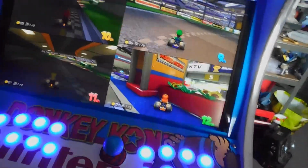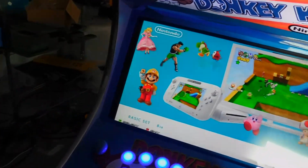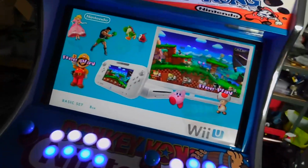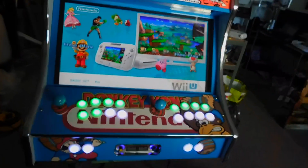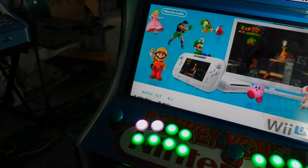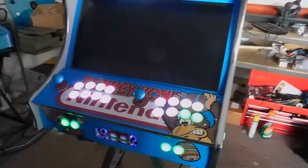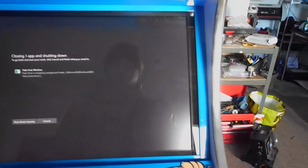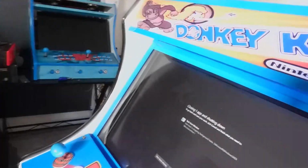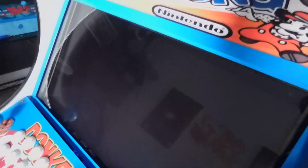This is fully shelled to Windows, which I had issues with. I've done another video on a rough idea how to get Windows shelled by following someone else's tutorial, then using my .bat file technique. Basically, if I exit out, the system will shut down. Because I've been configuring stuff, I've got pages open, so it's forcing me to shut down the applications I've had open. Shut it off. So when you turn it on,